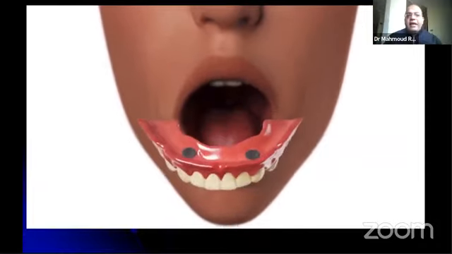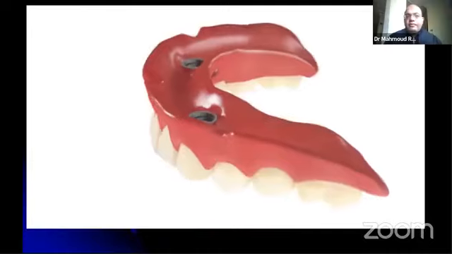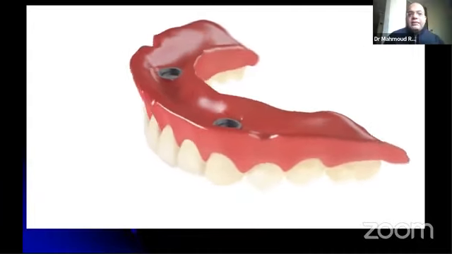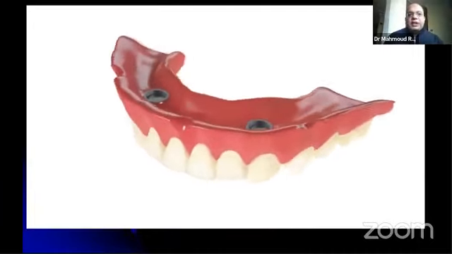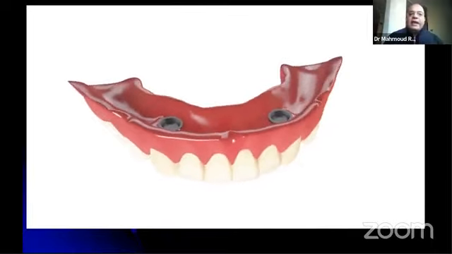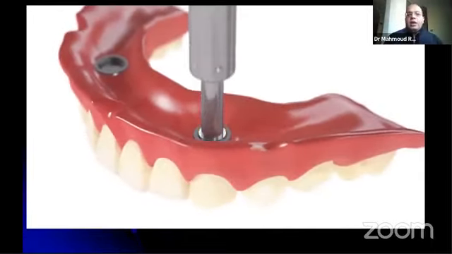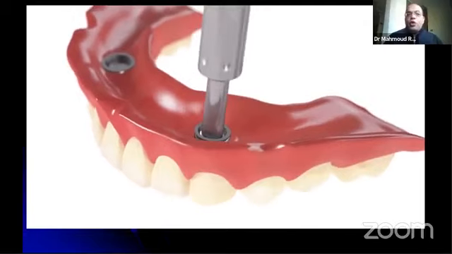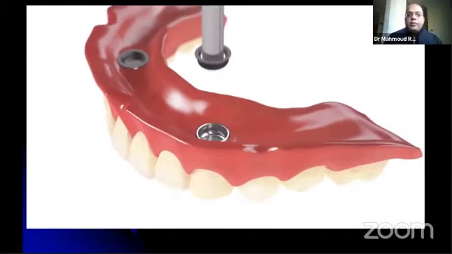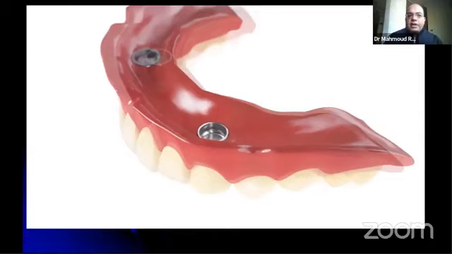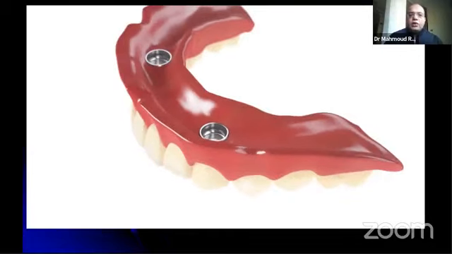This is a very easy technique and a very professional technique for making the relationship between the male and the female portion. And here we are using the patient's own biting force to make this relationship during function and during the biting